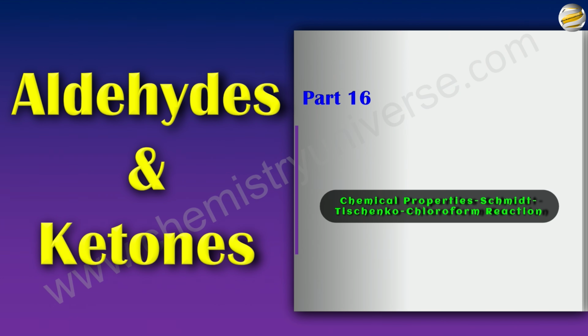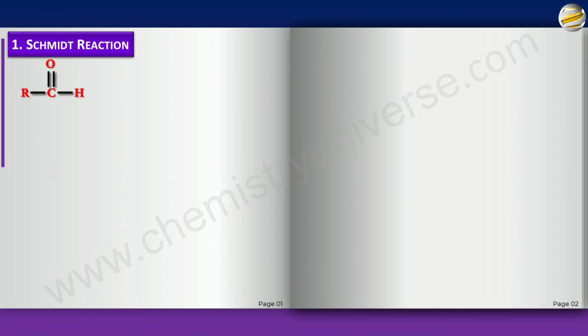All right. So first, let's look at the Schmidt reaction. Here, what you do is you get an aldehyde reacting with HN3, in the presence of sulfuric acid. This particular HN3 is called hydrazoic acid, by the way. You get a cyanide with the release of nitrogen gas. But remember, with aldehyde and ketone, you get different types of products. This is the product with aldehyde, whereas the product with the ketone is slightly different.